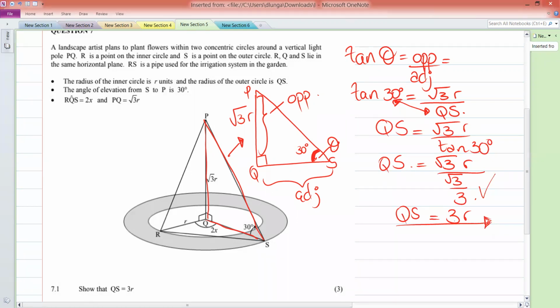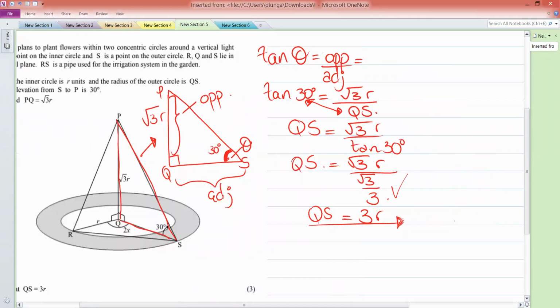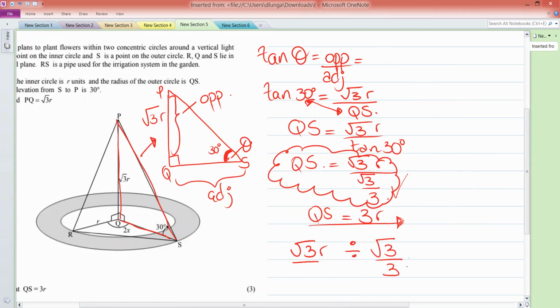I don't understand how that whole fraction became 3R. Okay, so let's do it step by step. So I'm going to take this here, right? So √3R, that's the numerator, and we're dividing it by root 3 over 3. Okay, so all I did, I took that, I split it so that you have your